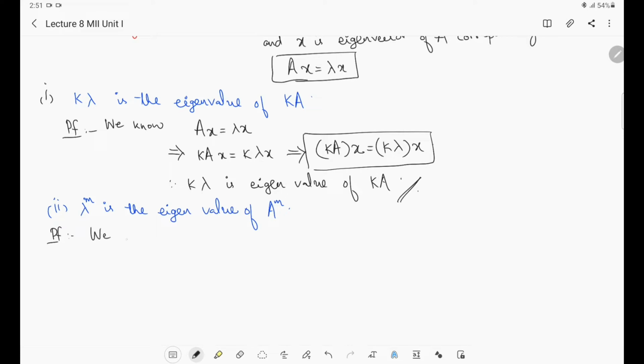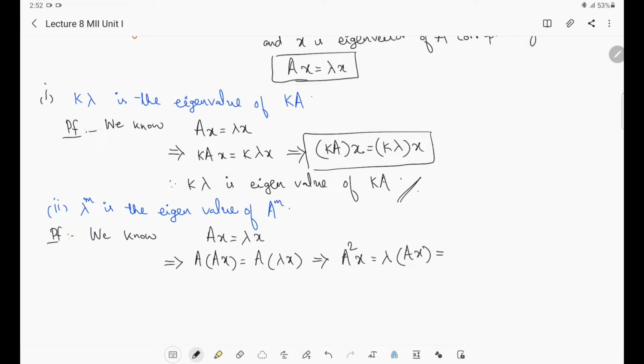We know already that Ax is equal to lambda x. Now multiply both sides with A. Then what will happen? A into Ax equals A into lambda x. Further this can be written as, when we multiply, so what we'll get? A square into x equals lambda into